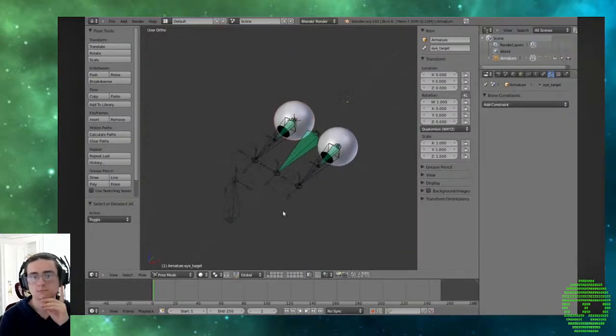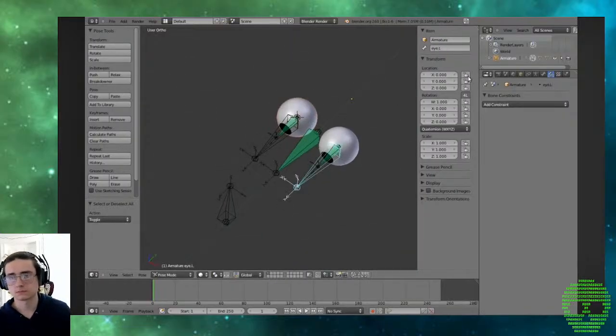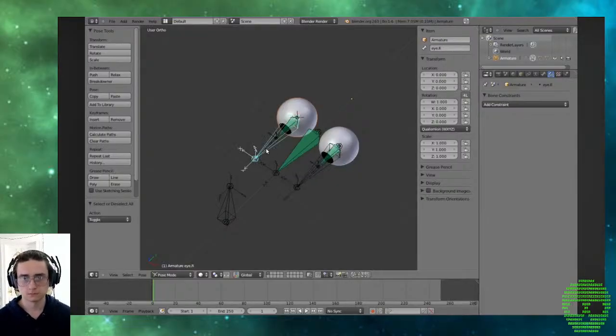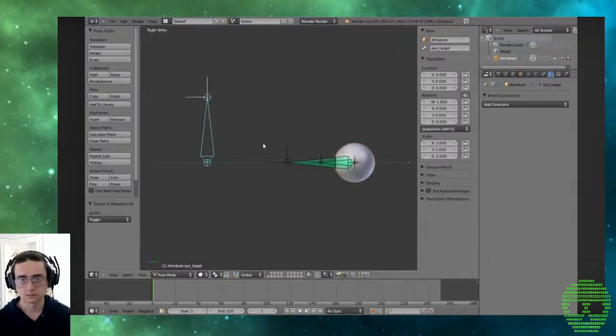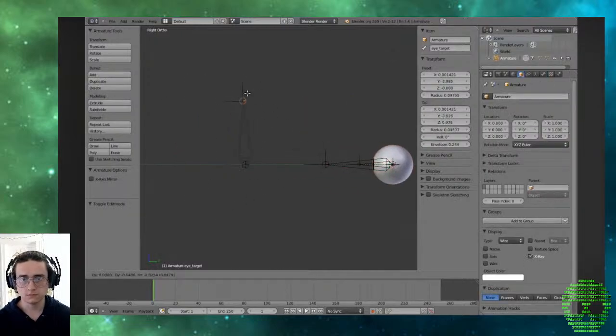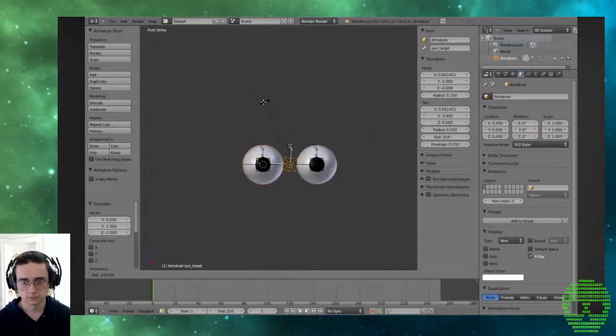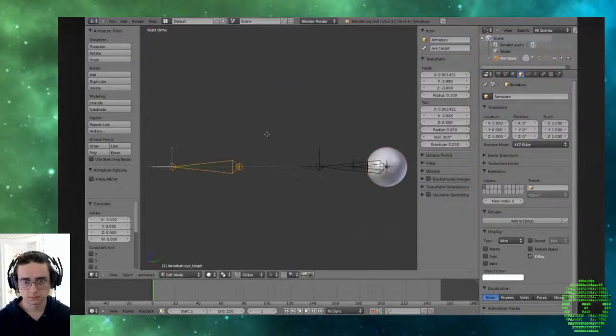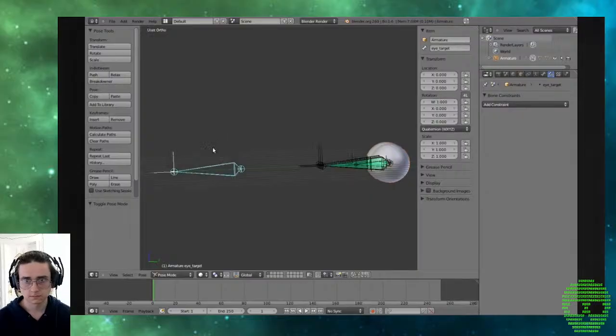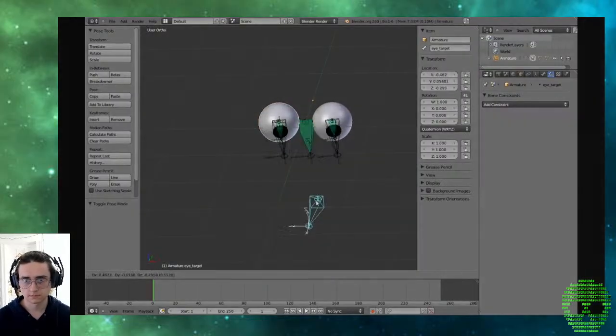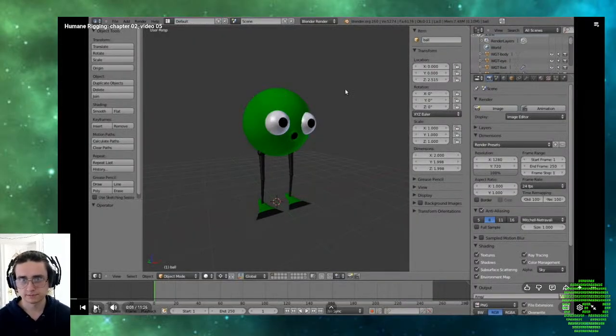Lastly, let's lock the translation axes on the eye bones, just so that the animator doesn't accidentally pull the eyes out of their sockets. And let's align the eye target so that the Z-axis is up. And that's it. We now have a pretty decent eye rig setup. Wonderful. We now have the legs, the feet,